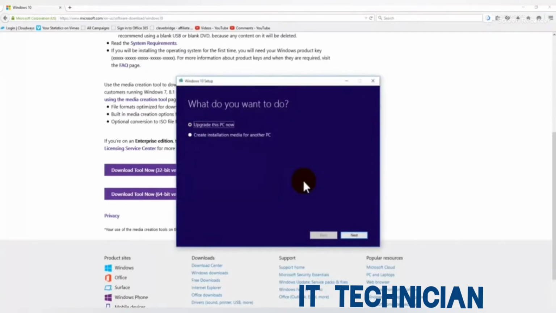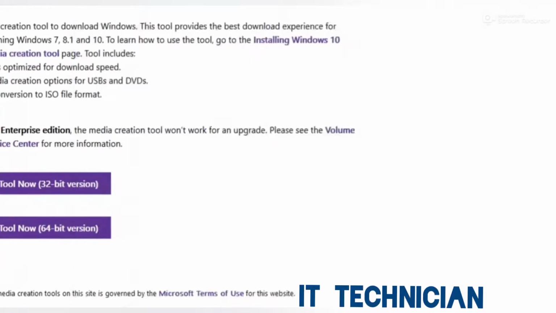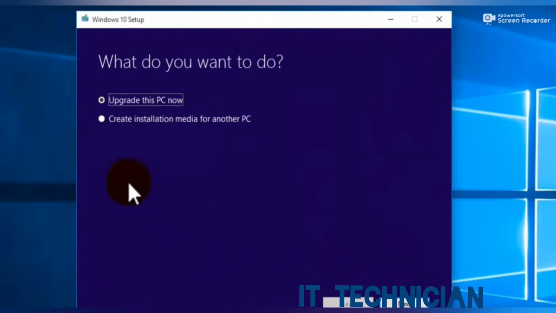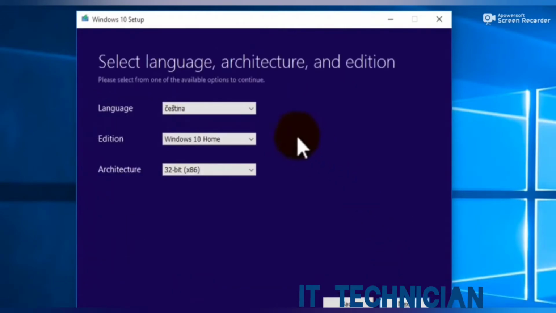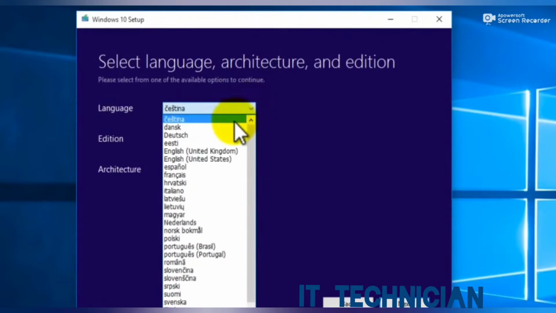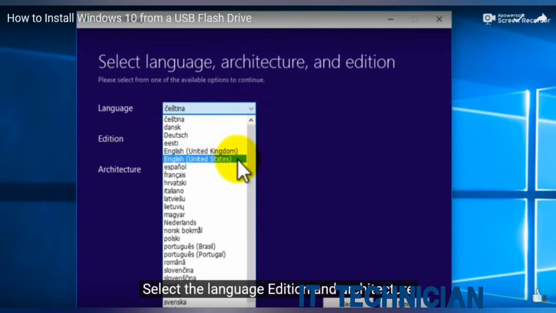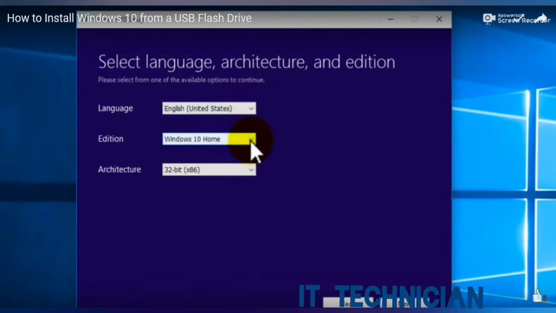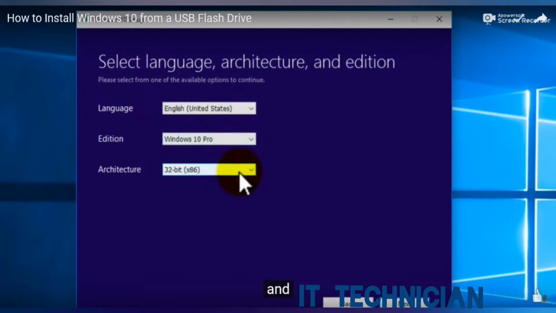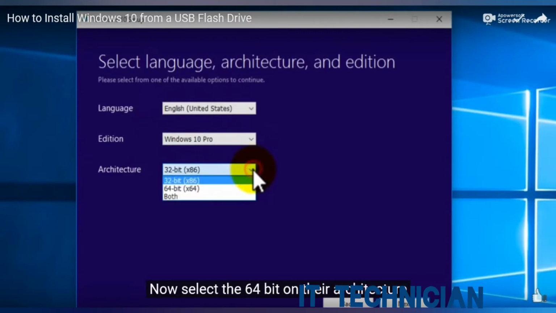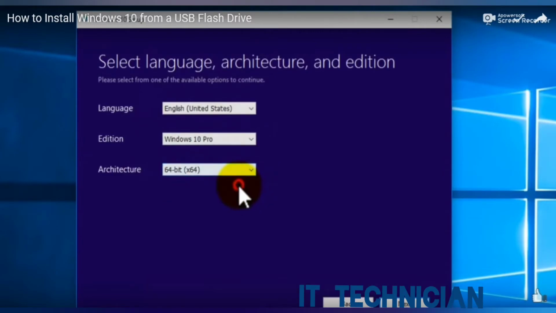There it is. Run, and let's start. Now here, select Create Installation Media for another PC, even though you're using it for this one, and click on Next. Select the language, edition, and architecture. And now select the 64-bit under architecture. Click Next,